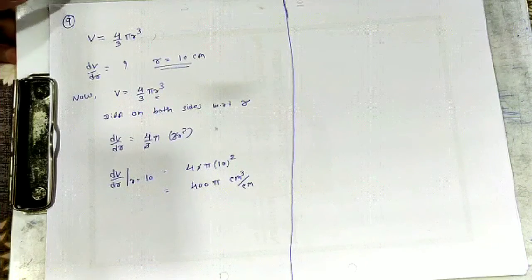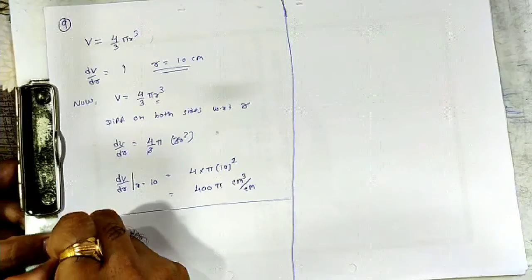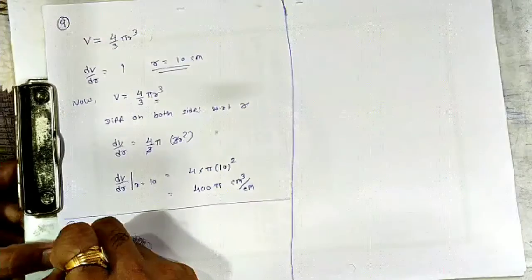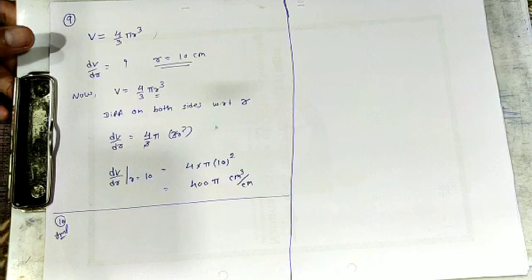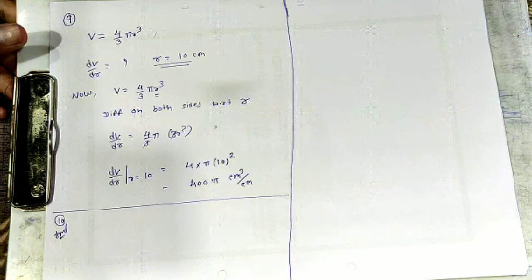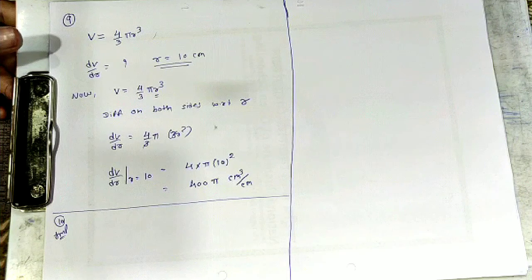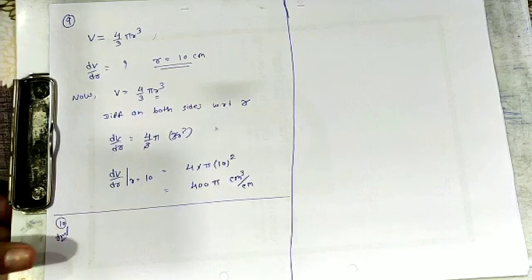Now, the important one is question number 10. Question number 10 is an important sum. Yes. So first we'll read the entire question. A ladder 5 meter long is leaning against a wall. The bottom of the ladder is pulled along the ground away from the wall at the rate of 2 centimeter per second. How fast is its height on the wall decreasing when the foot of the ladder is 4 meter away from the wall? So we'll try to draw the diagram.